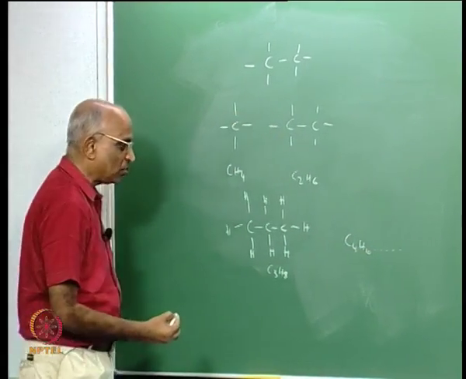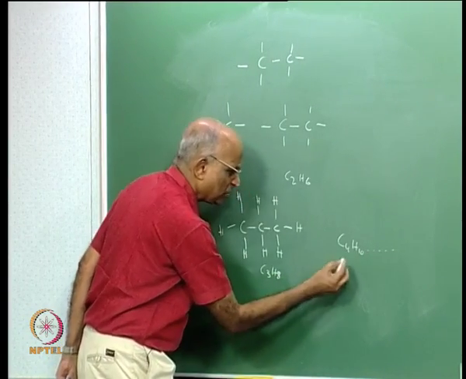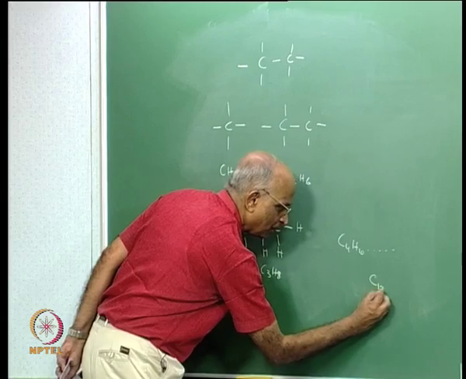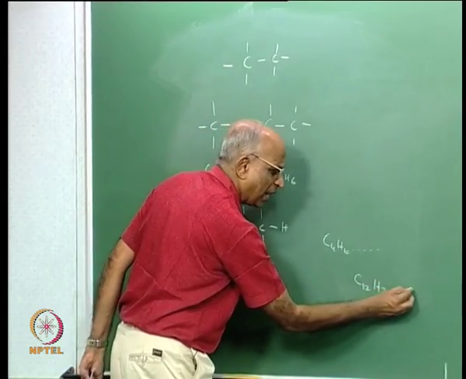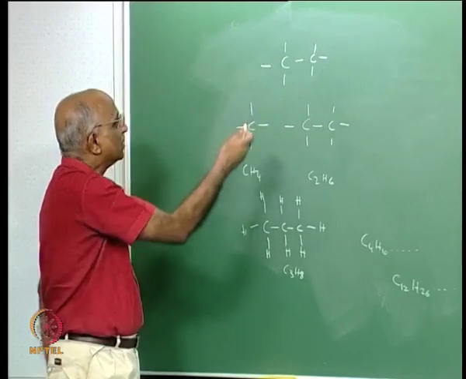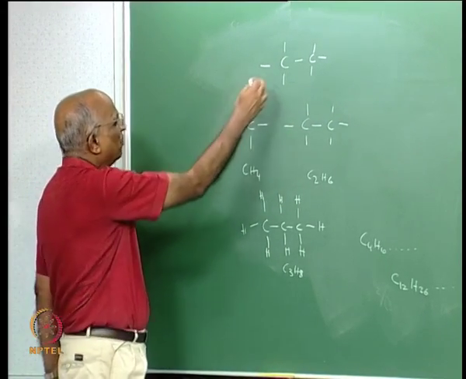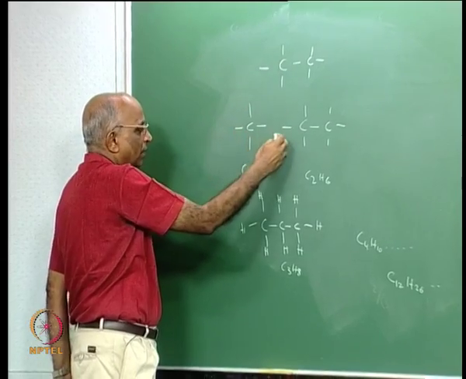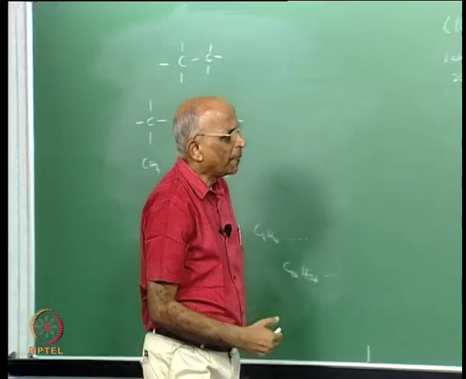Maybe by the time it comes to kerosene, it is a little more longer in chain. Kerosene is dodecane, that is C12H26, and if you have lubricating oil, it is still higher, and so on the saturated hydrocarbons go. Now, if I do an experiment to determine the heat of formation of these things, I find that the value